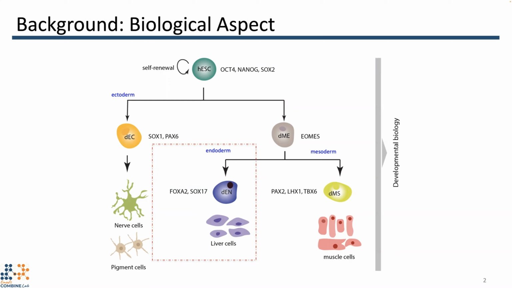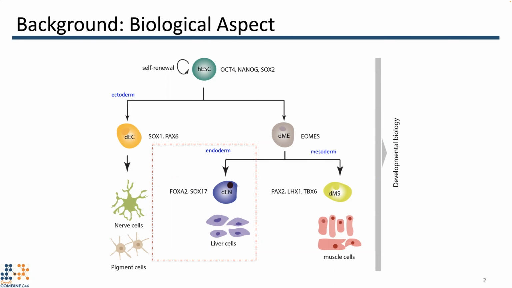After fertilization, the zygote begins to divide and form a blastocyst, and the innermost layer of the blastocyst gives rise to 3 germ layers: ectoderm, endoderm, and mesoderm. Each germ layer has a specific fate, with ectoderm forming the nervous system, endoderm forming the digestive system and internal organs like liver, and the mesoderm forming muscles and connective tissues. Understanding the molecular mechanism behind germ layer differentiation is crucial for studying